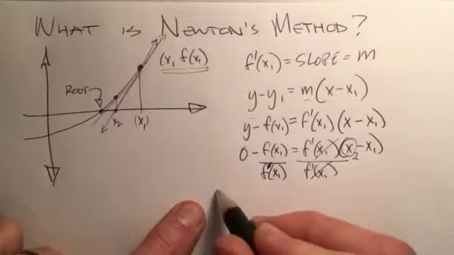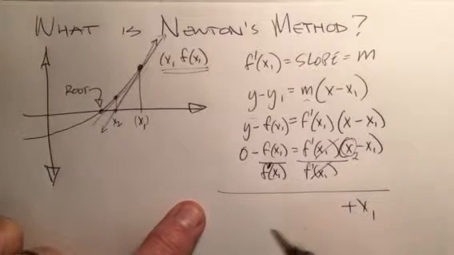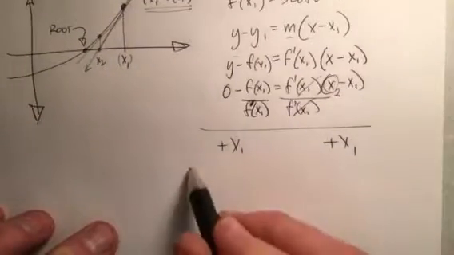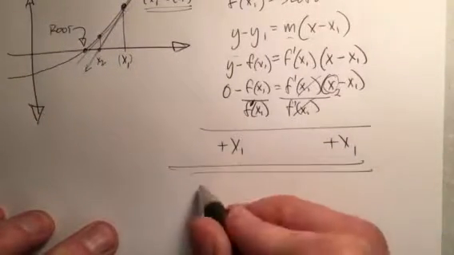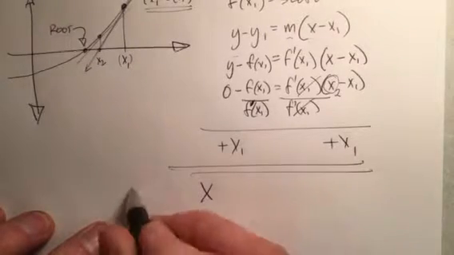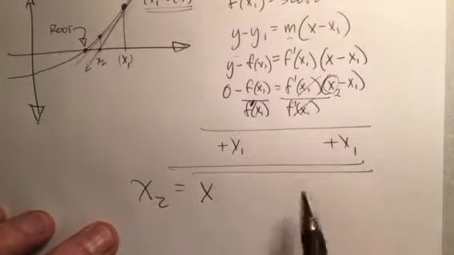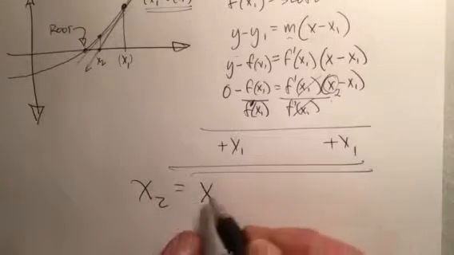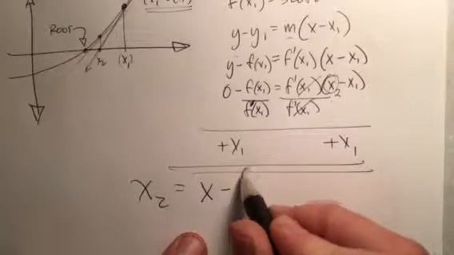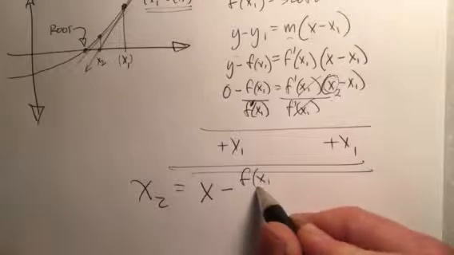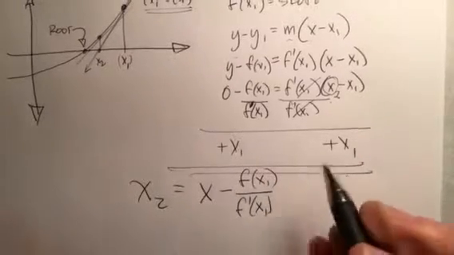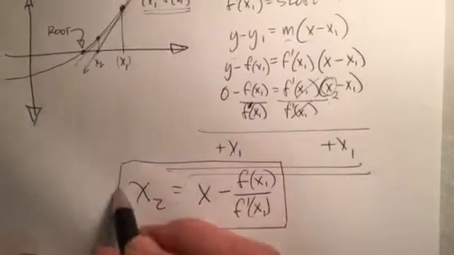So if I just then add x1 to both sides, what I get then is my very, very handy formula. I'm going to just write it over here. x2 is going to be equal to x1 minus f of x1 over f prime of x1. Okay, so this is the handy dandy formula that is